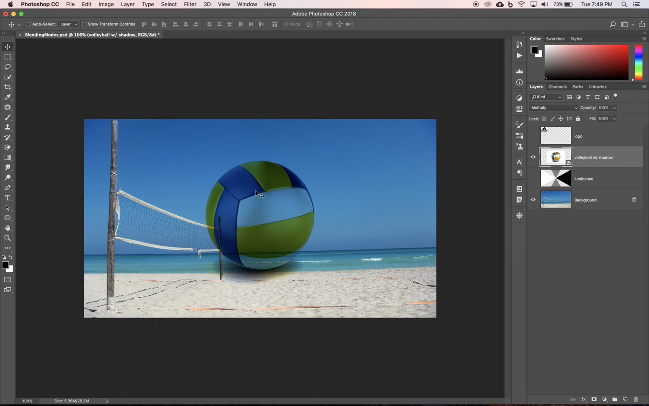But there was white within our ball, so that lightened it. So what can we do? I'm going to show you another quick technique, making a selection. Again, we are going to cover selections in another tutorial, but as a proof of concept, I'm going to take this elliptical marquee tool and draw out a circle, something like this,